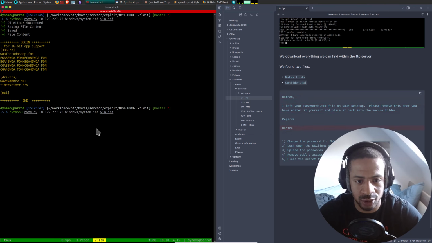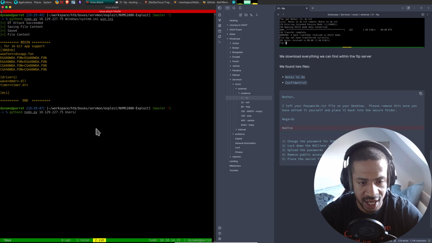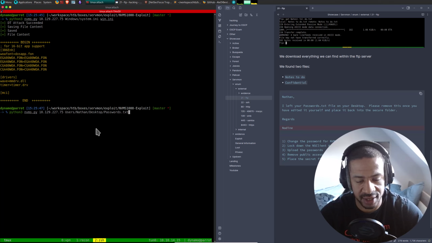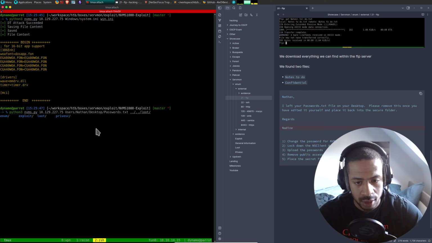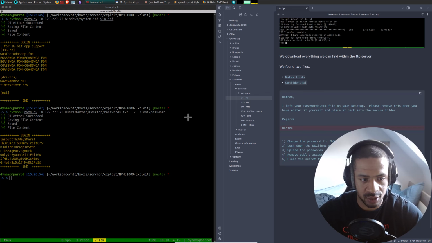So what we should be able to do is go to users, slash, and then Nathan, desktop, passwords.txt. And where do I save it? To loot, password, and that worked. So I can take a screenshot of it here.